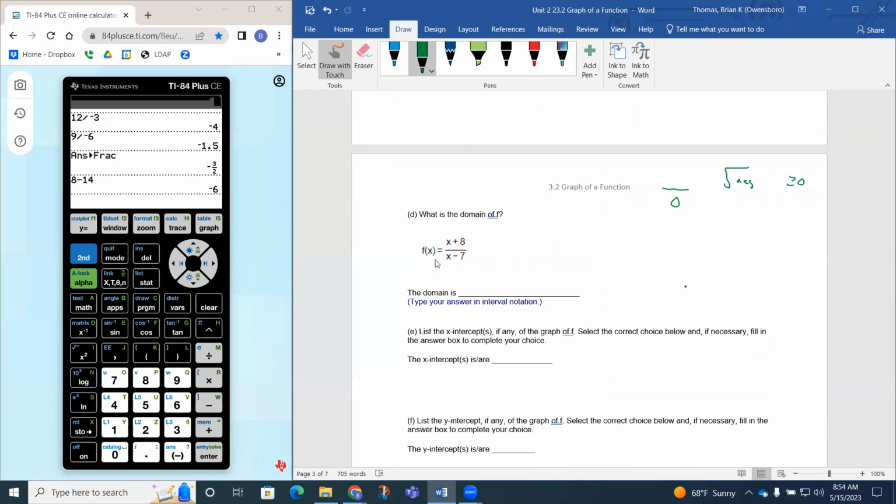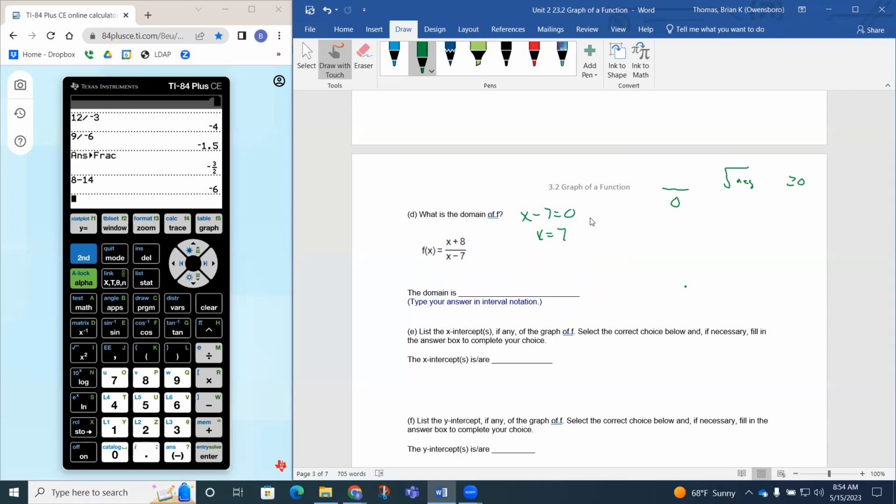So notice how we do have a denominator. So there is a domain restriction if something can make that denominator equal to 0. So if you're unsure what makes x minus 7 equal to 0, you can just set x minus 7 equal to 0. And if we solve for x, we're going to get x equals 7. Well, because 7 minus 7 does create a 0 on the bottom. 7 plus 8 is 15, but 15 over 0